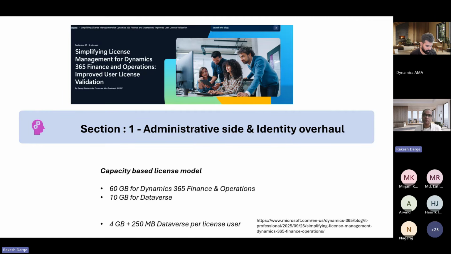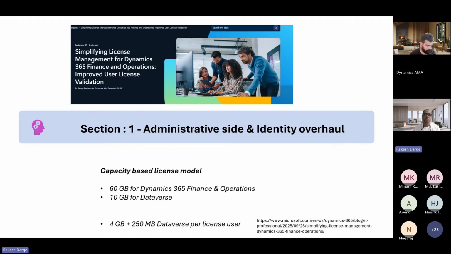But having said so, probably you would have noticed earlier also, when you used to use the finance and operation app in production or maybe test, the licensing aspect was divided predominantly into 3 segments, right? One was the full user licenses for finance and operation app. Second one was the activity-based licenses, and third one was the team member licenses.